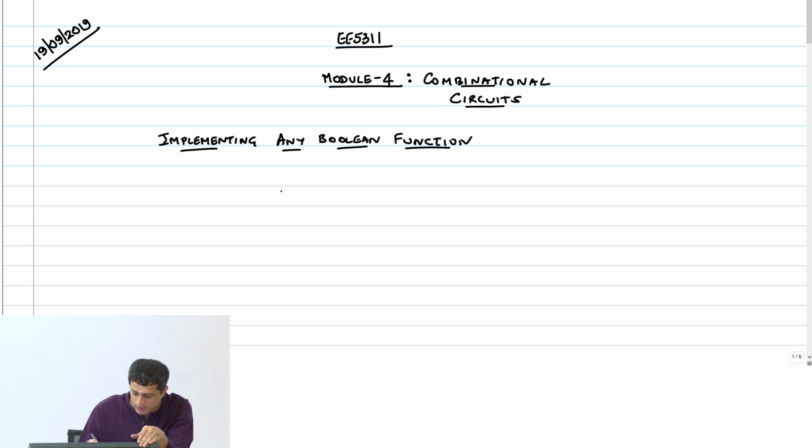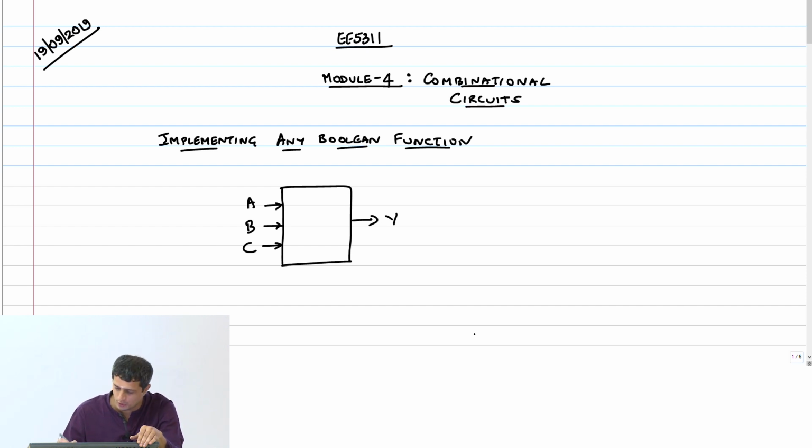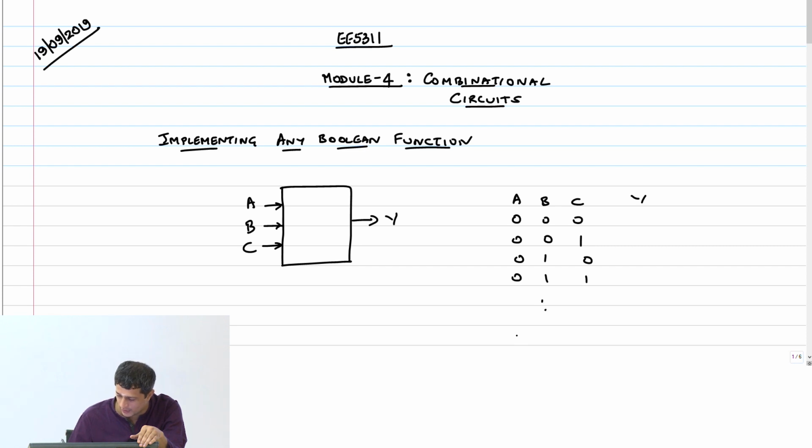So the idea here was I have a black box with inputs, let's say A, B, and C, and some output Y. Let's just take one output. So therefore you write down the truth table for this: 0, 0, 0, 0, 0, 1, 0, 1, 0, 0, 1, 1, all the way to 1, 1, 1. And then you put down the locations where the output will go to zeros and ones, right? This is how you solve the K-map, right?